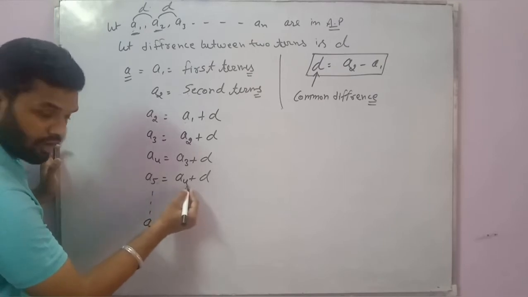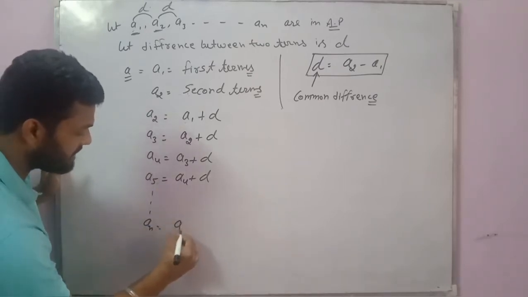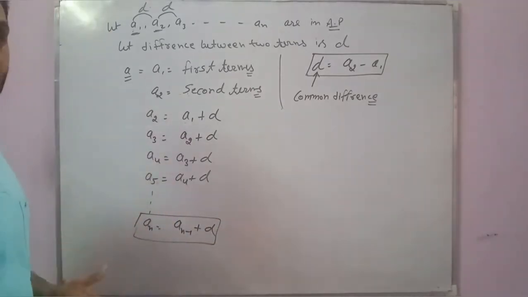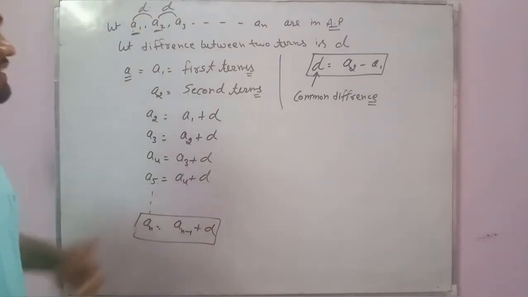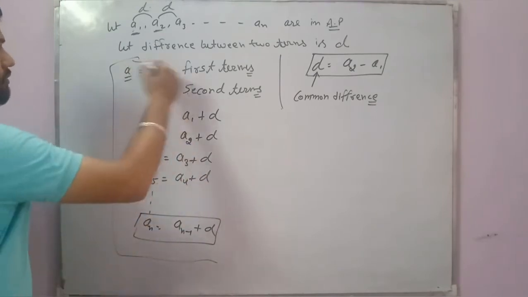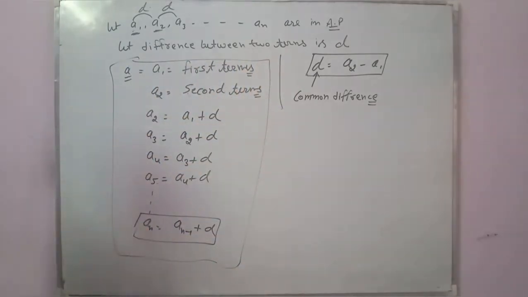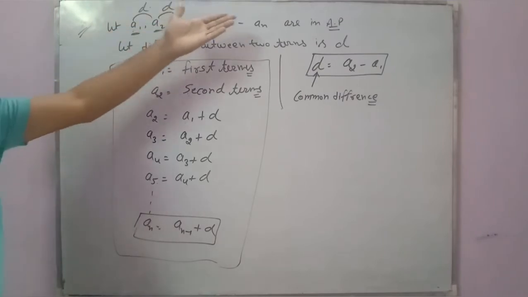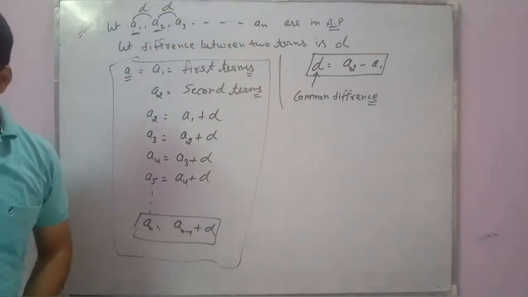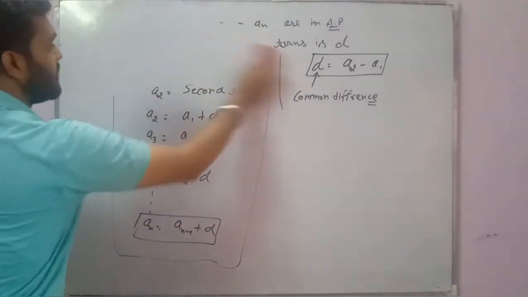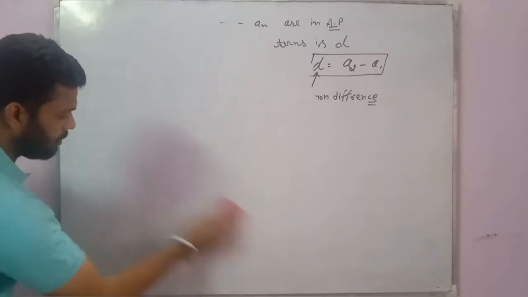If n and n minus 1, its preceding term is n minus 1 plus D. This is an AP. This is how to find the terms of an AP. How to find terms of AP? That is the formula. You can write it and take a screenshot. Let A1, A2 be an AP. Now let's start. How to check whether a series is in AP or not.